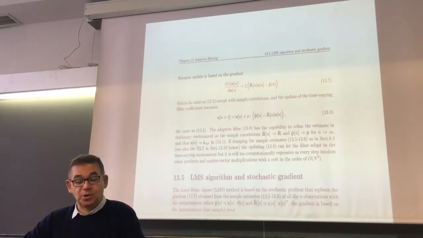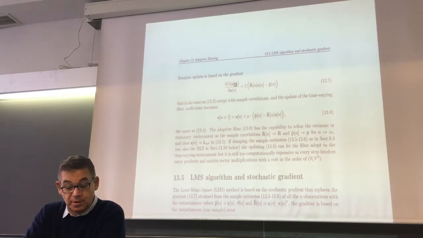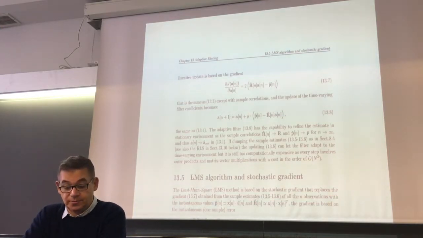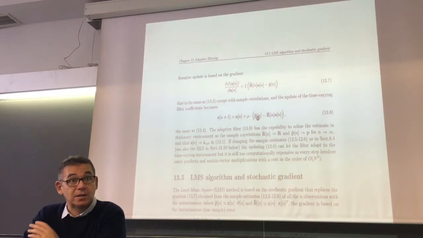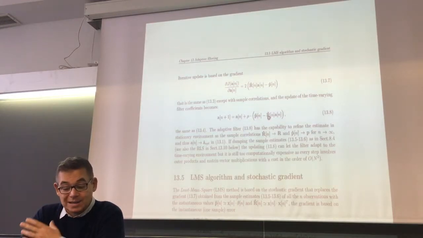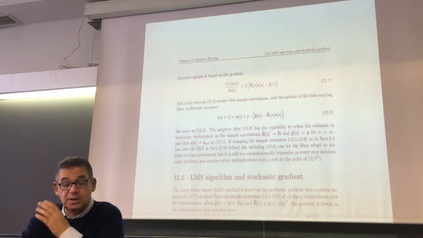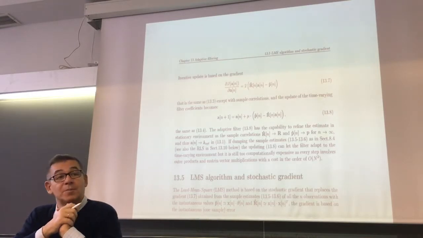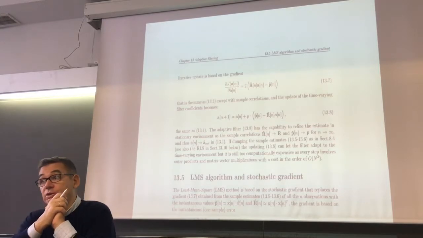Now, let's see. Similarly as before, I can compute the gradient, and then I can compute the adaptive filter. Once again, I am updating the sample autocorrelation and the sample cross correlation. Now this procedure is optimum when I consider a number of samples that is going to infinity and the random process is stationary.